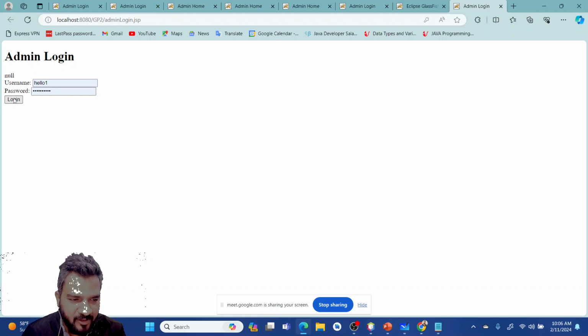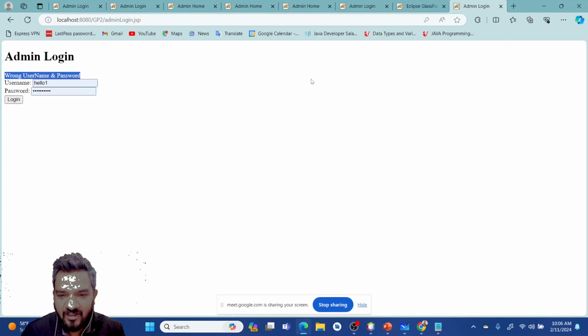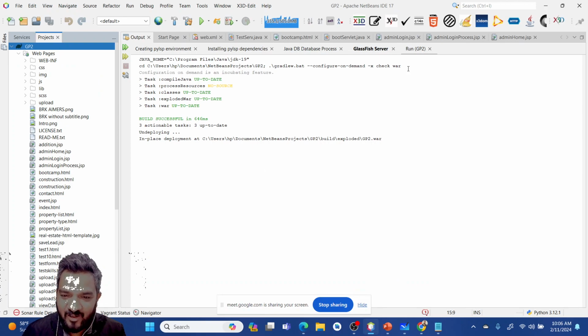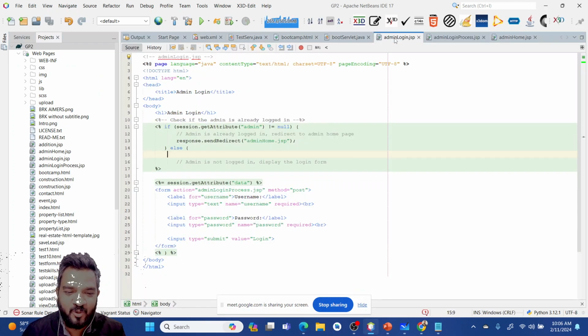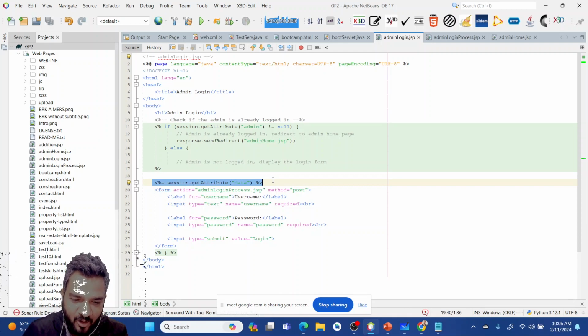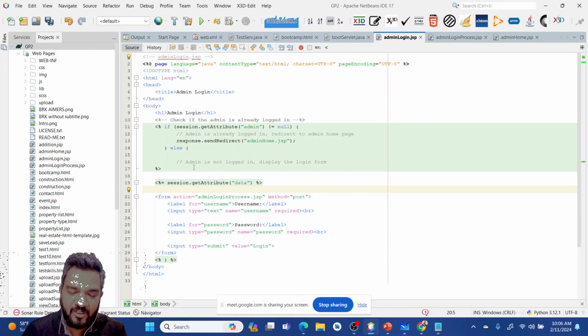So now if we press login, it will show us wrong username password. Wrong username password in the same page, right? So we are not displaying it on another page. Now we will code it again to hide that null in the first place, right? You can code in a certain way so this null should not be visible in the first place, but when the user tries to log in with a wrong username password, this should be visible, right? So yeah, this is the basic JSP example, because these kind of things we can do on JSP.